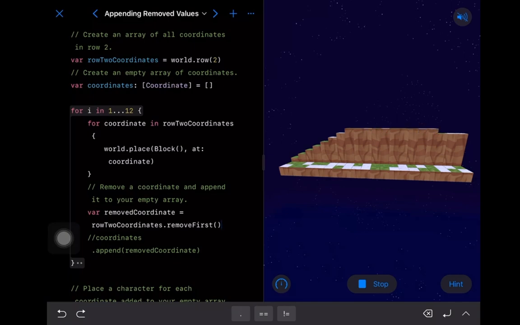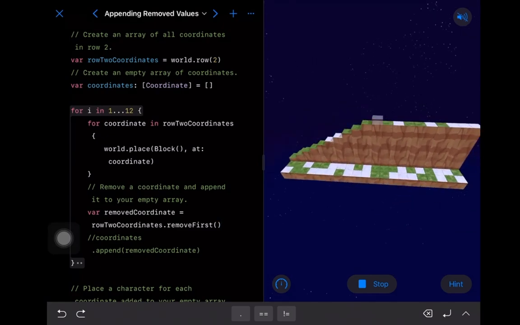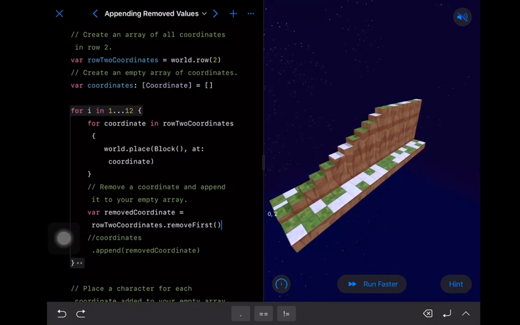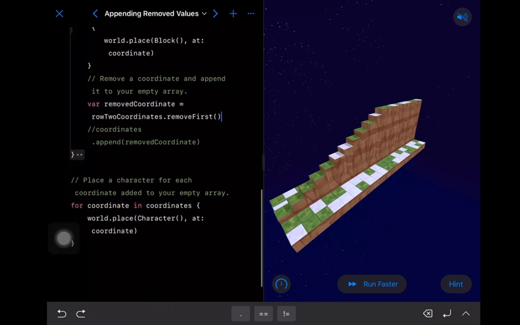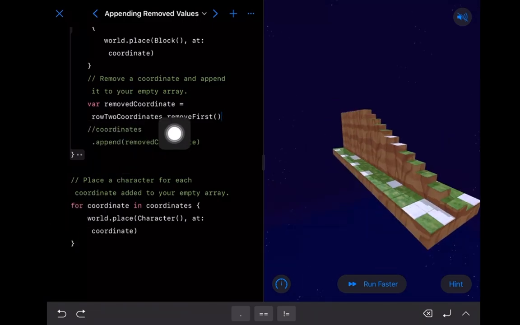Okay, and what do you think is going to happen when we hit the end? Because we have more rows here. This actually goes all the way down to 19,2 for the number of columns. So there's 20 columns. So remember, it starts at 0. And now, that's it. It stopped running. It didn't crash. There's no index out of range here. But nothing happened here. I didn't place any characters at any of the coordinates because I wasn't adding anything to that coordinates array. So if I uncomment that, so I tap in front of it and get rid of the comments,